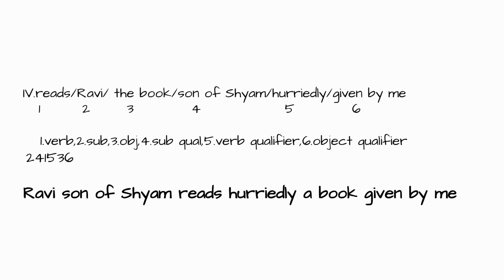After subject identification, try to identify whether there is any subject qualifier. If it is there, keep it beside the subject. If it is not there, then go to whether there is a verb in the given jumbled sentence. So first the subject, then the subject qualifier, and then the verb. After identifying the verb, see whether there is any verb qualifier, which is nothing but an adverb. If it is there, place it after the verb. Now first subject, subject qualifier, verb, verb qualifier, then lastly identify the object.